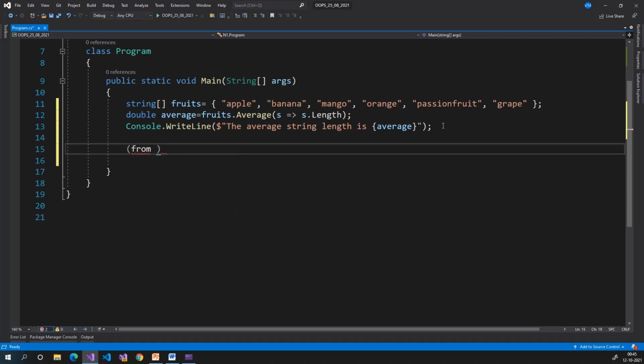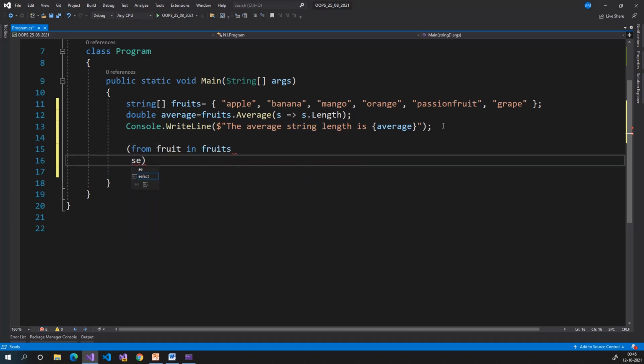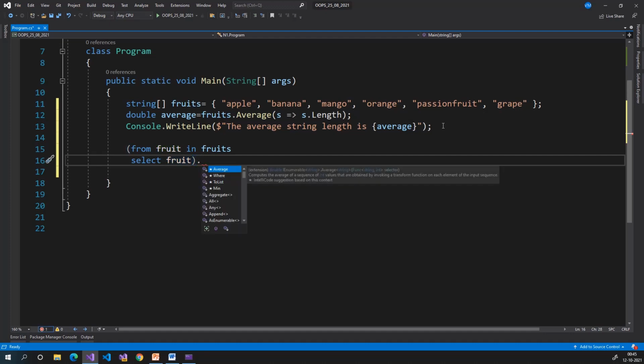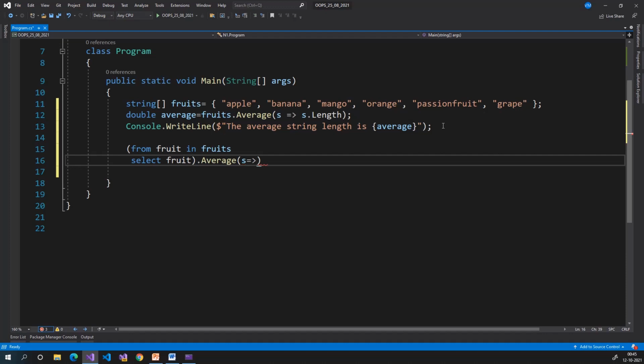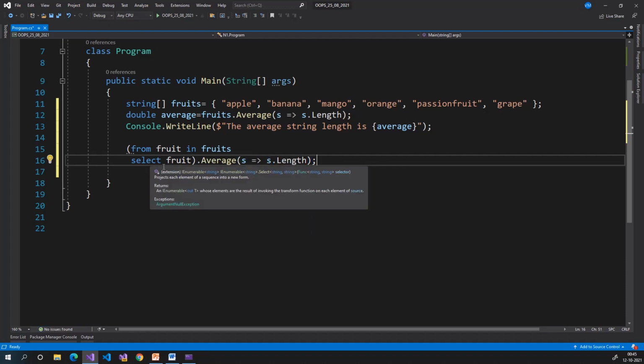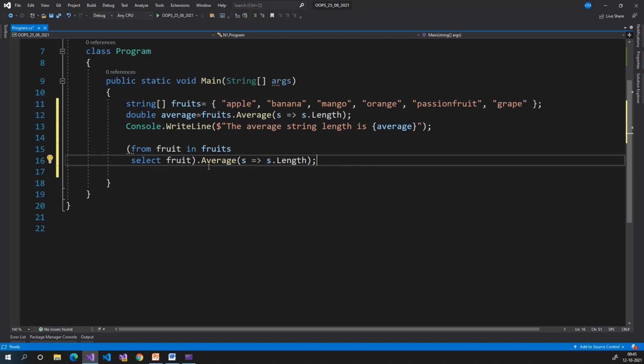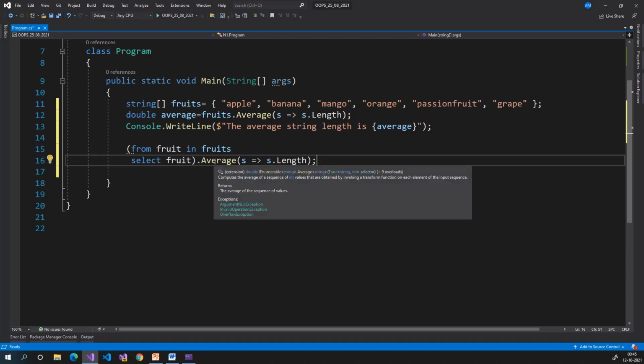From fruit in fruits select fruit, dot Average of s such that s.Length. Here the select function returns a number of strings. We need to apply average on the number of strings. So here the average function returns double.